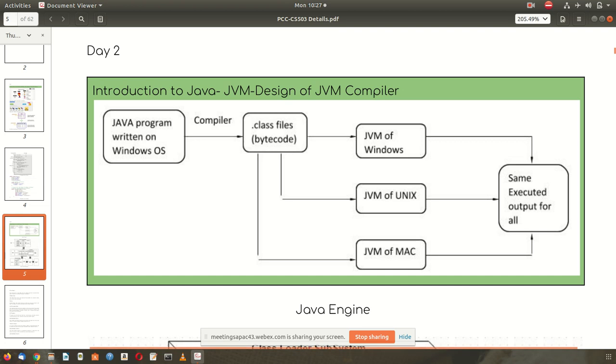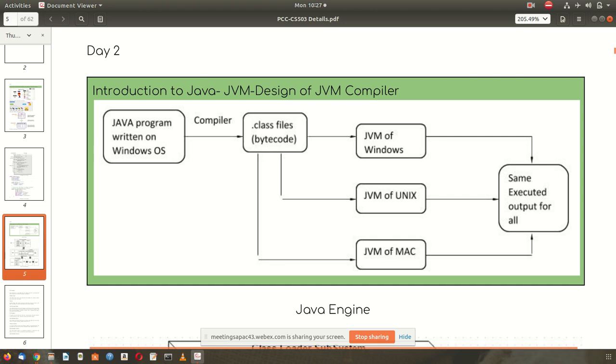But with Java, when we write a Java program in the Windows operating system, it creates a class file. Like we have a text file, an mp3 file, an mp4 file, Java outputs a class file. The extension is dot class. This is also called bytecode.